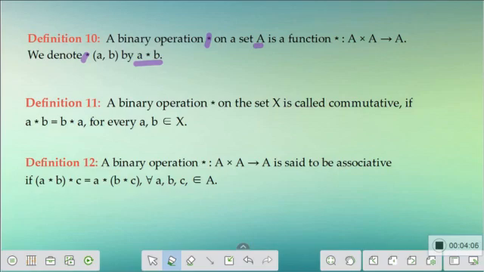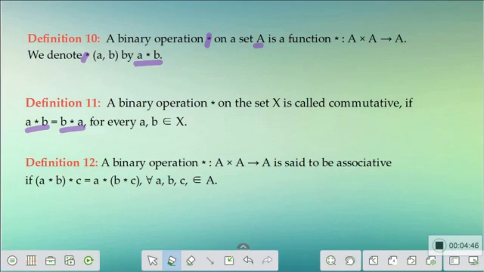The first thing that we are going to learn about the binary operation is the commutative property, provided the binary operation is closed. That is, it is closed under the given elements from the given set. Now, a binary operation star on the set X is called commutative if A star B equals B star A. We have seen this in a different version: when you have addition of two elements, we represent that by A plus B equals B plus A. Similarly, in the product, we represent A into B equals B into A. Here the operation is star. It could be either addition or subtraction or anything, depending upon your function.